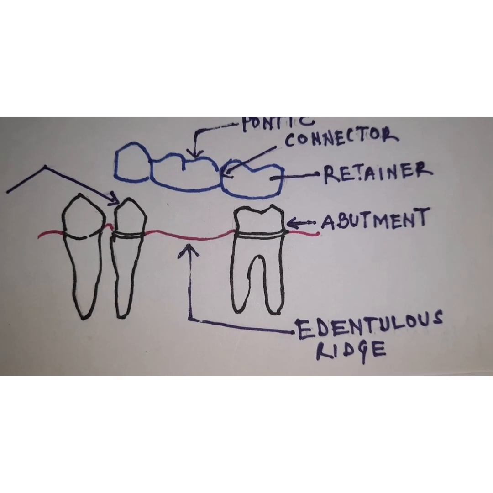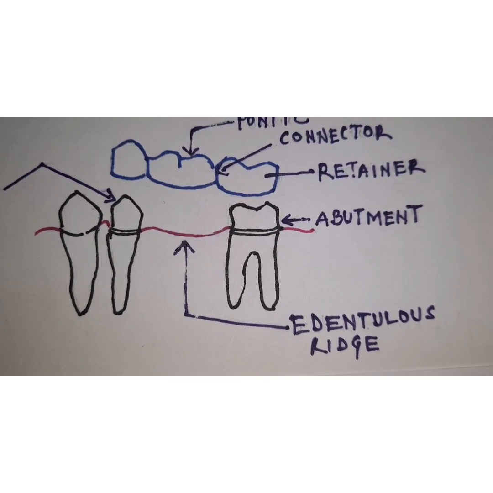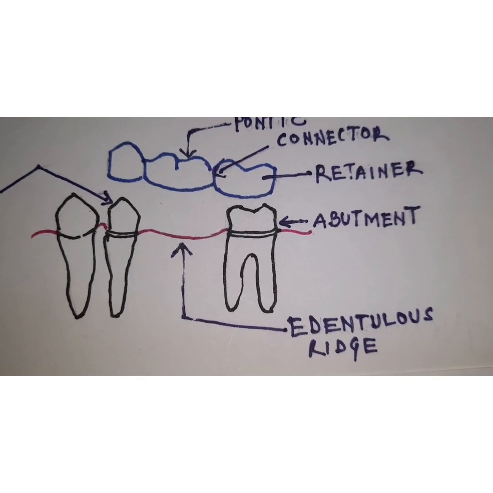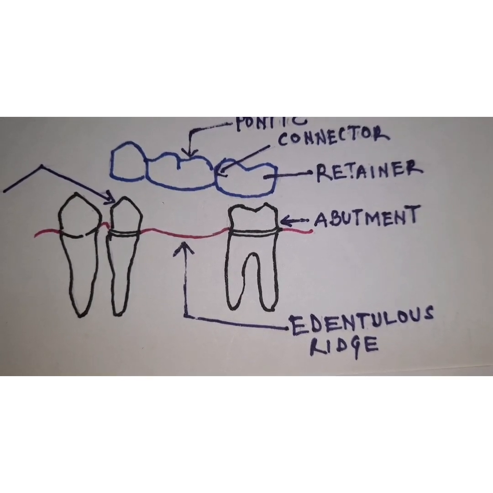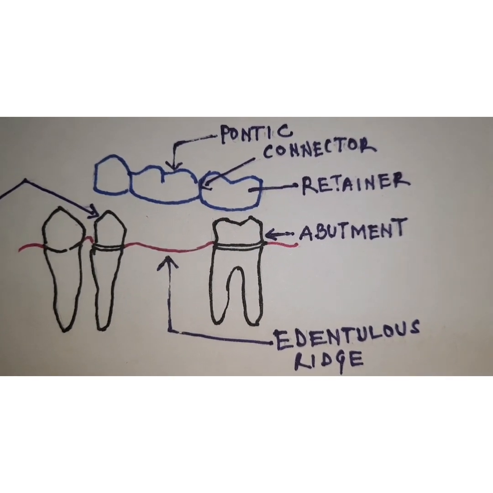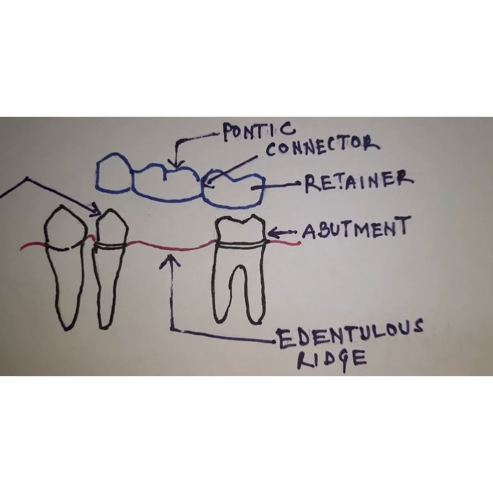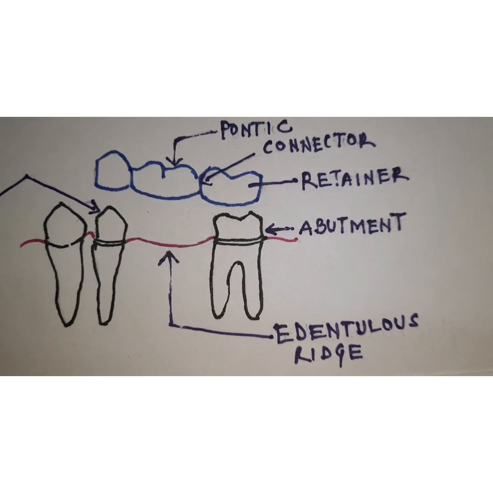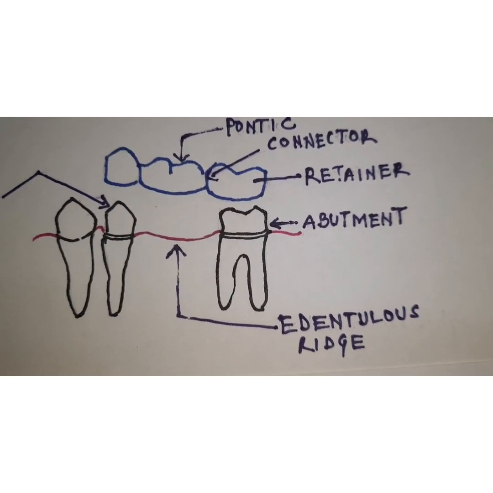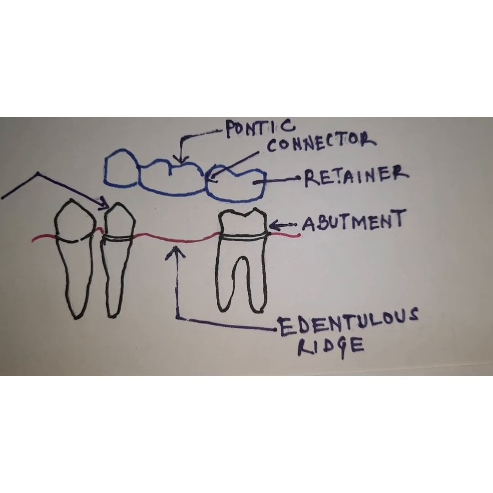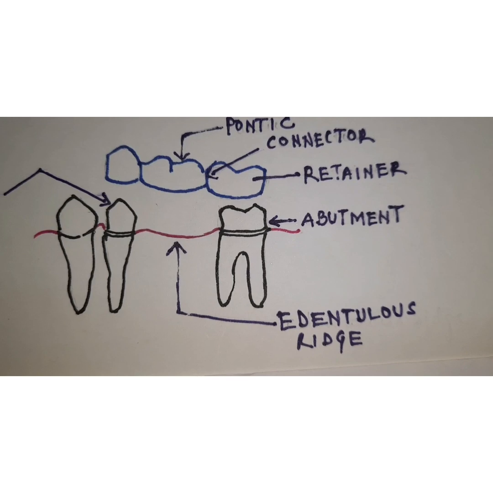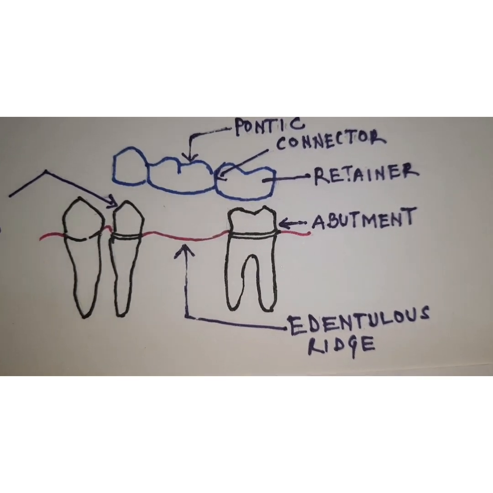Now another contraindication is inability of the patients to cooperate due to medical reasons. It could be a psychiatric patient or a handicapped patient. Then a patient with an advanced periodontal disease, unfavorable conditions of the abutment tooth or teeth, or unfavorable tilting where the tilt of the abutment is too much. So in those cases also you should not consider giving fixed partial dentures.